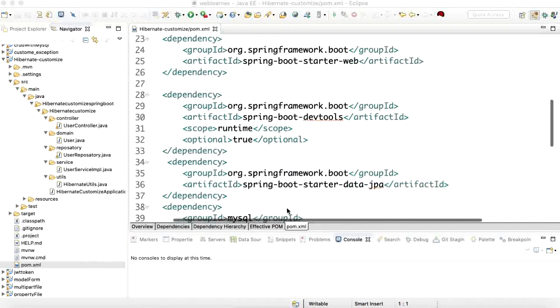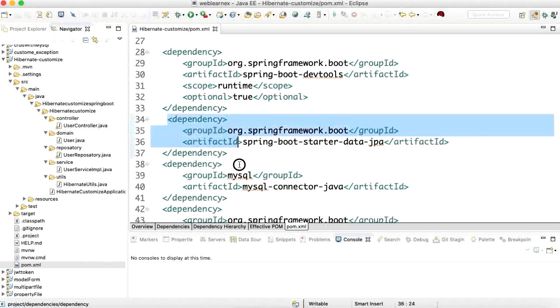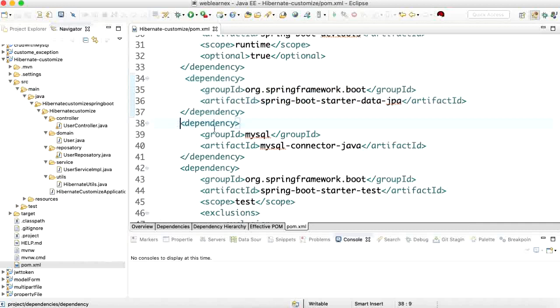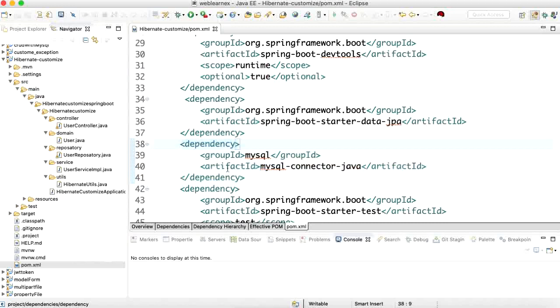I have added Spring Boot data JPA, but I'm not going to use this one. I will exclude this. And this example is demonstrated with MySQL. That's why I need to add the MySQL connector dependency. So I added that dependency. That's it, only this dependency is required here. I'm not going to use the data JPA dependency, but I added it because Spring Boot provides it. So how do we exclude data JPA inside of any project? That's why I have added this one.